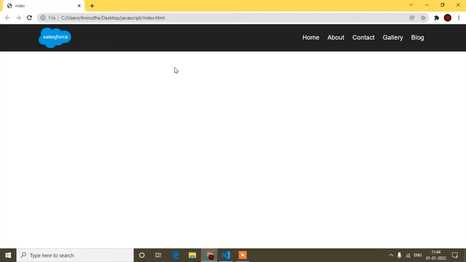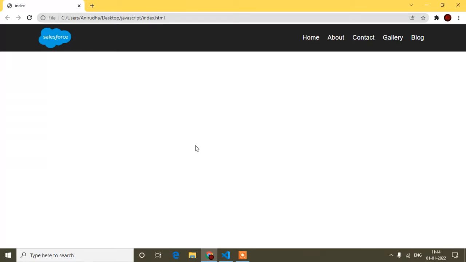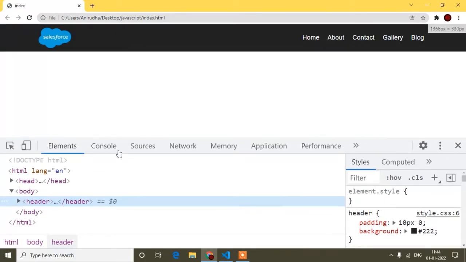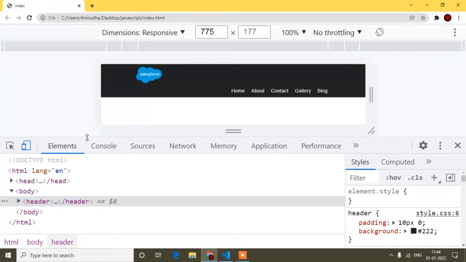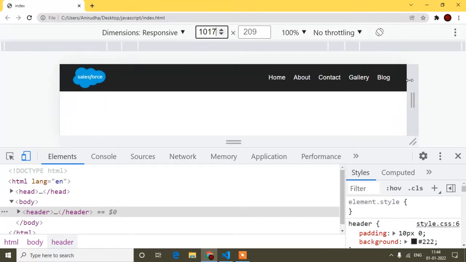So now guys, our main priority is the mobile view. So if I inspect, it will now open. And how can you check the mobile view? Just after inspecting, if you are using Google Chrome, you will find this mobile icon. So just click here. So now you can see the size. Okay, so here you can notice the size of this mobile, I mean which mobile view it is.